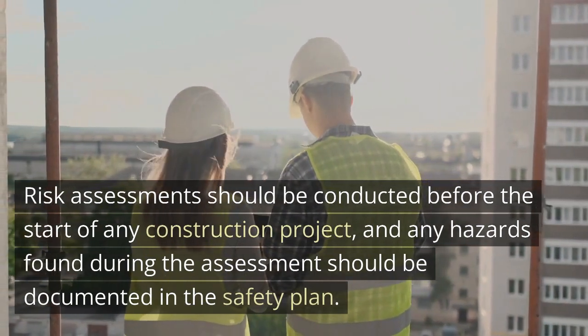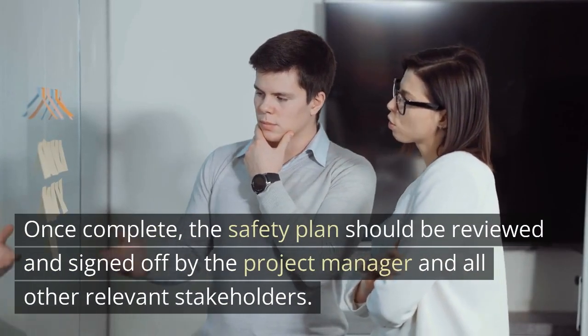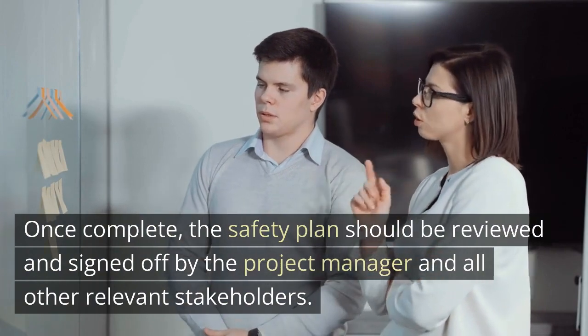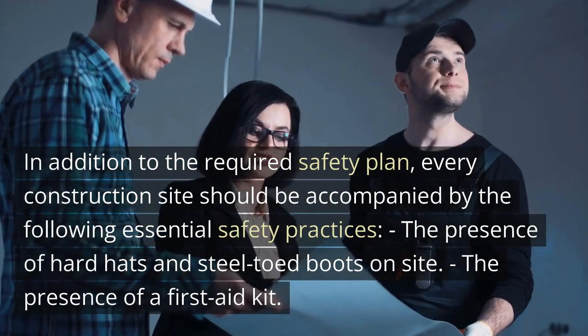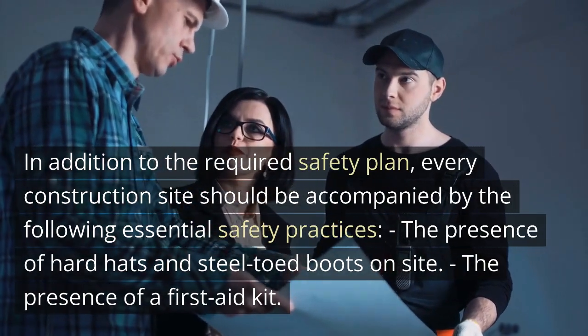Risk assessments should be conducted before the start of any construction project, and any hazards found during the assessment should be documented in the safety plan. Once complete, the safety plan should be reviewed and signed off by the project manager and all other relevant stakeholders. In addition to the required safety plan, every construction site should be accompanied by the following essential safety practices: the